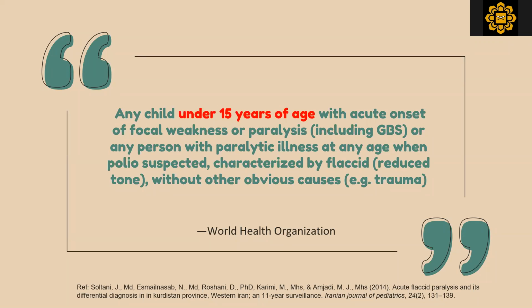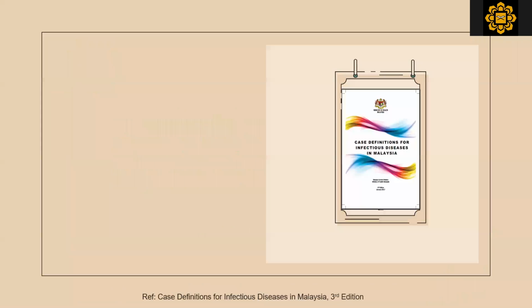Meanwhile, WHO, World Health Organization, mentions that any child under 15 years old age with acute onset of focal weakness or paralysis, including Guillain-Barré syndrome, or any person with paralytic illness at any age when polio suspected, characterized by flaccid, which is reduced tone, without other obvious cause. So, in case definitions,